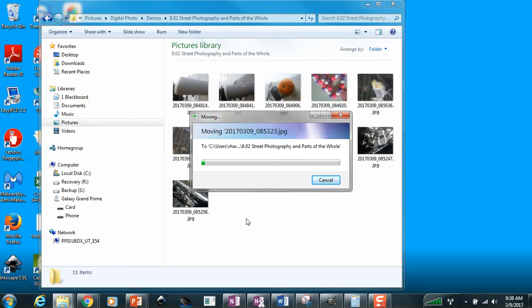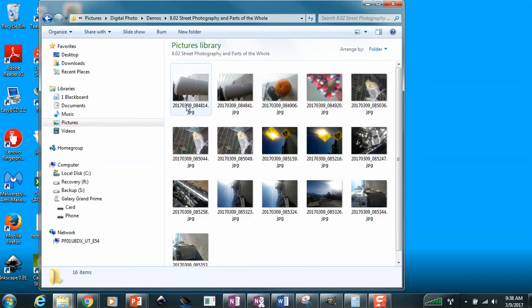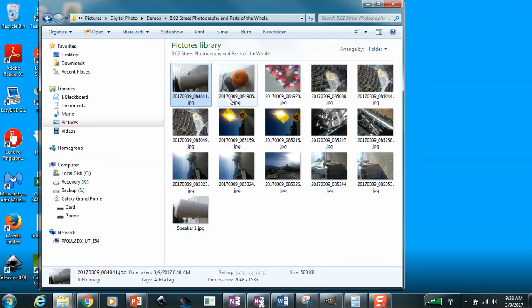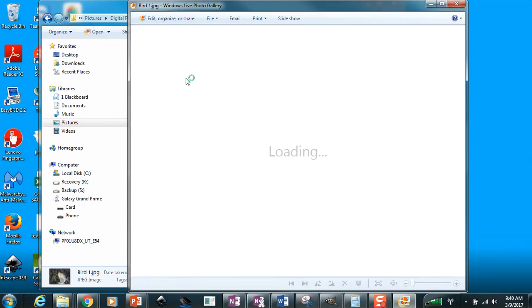Once they're in there, you're going to want to name them. So I'm just going to click, click. It's not a fast double click, just a click, click. And this one's going to be called speaker 1. Click, click. Speaker 2, idea. Once I've got them all saved, and I could have easily deleted the ones I didn't want to use. Now I'm going to just take the first one, double click it, and it's going to open up